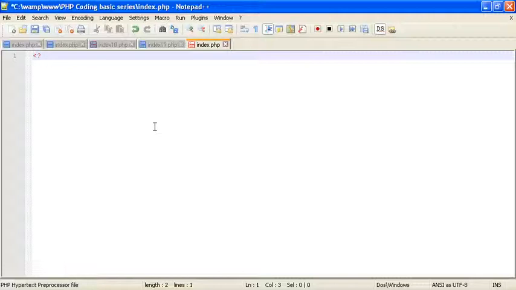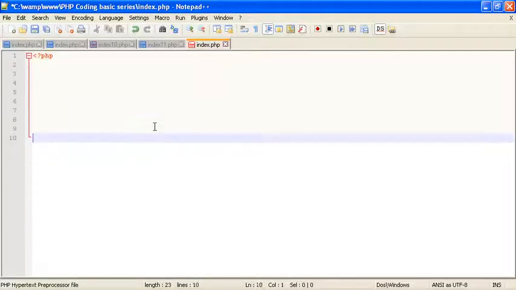As soon as I write PHP, you can see Notepad++ has this habit of identifying certain constructs in different colors. As soon as you write the less than sign, question mark, PHP, it has all become green. That indicates that PHP has started.